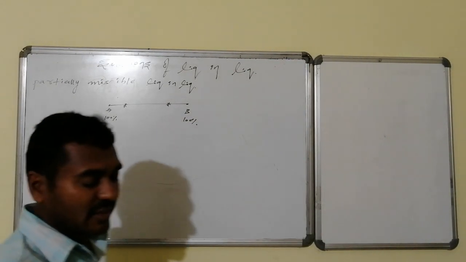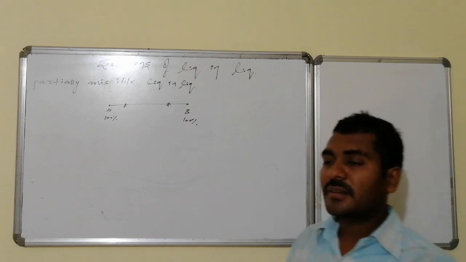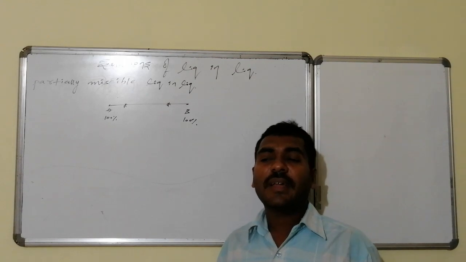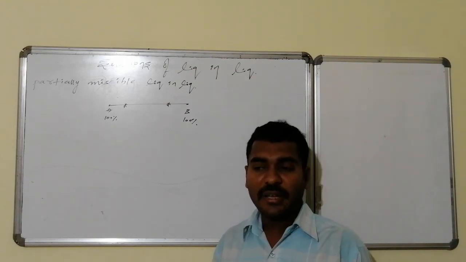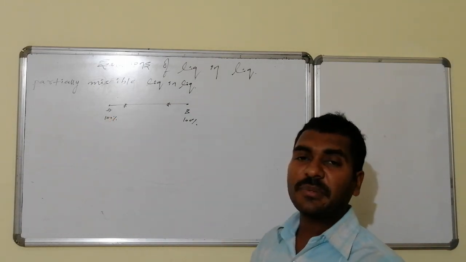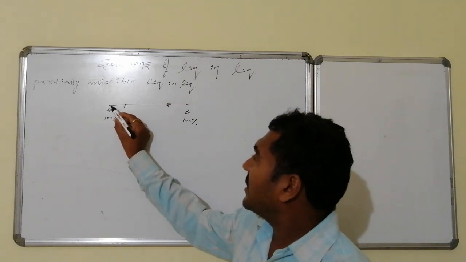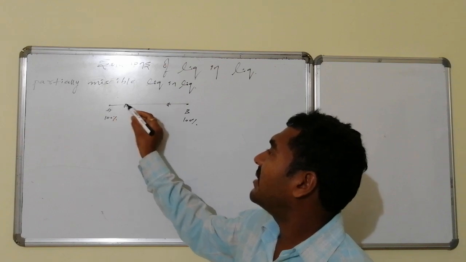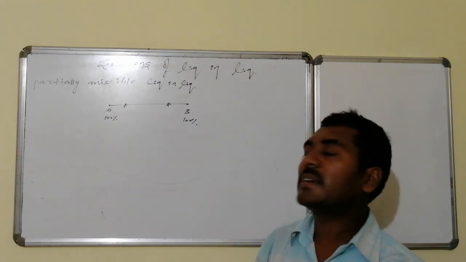Partially miscible liquid in liquid stands for liquids where, to a certain extent, one liquid is soluble in the other, whereas as the concentration of one of the components increases, it behaves as two different substances. See, here A is present up to 100%, B is present up to 100%, and from here to here, as B concentration increases up to here, it behaves as a homogeneous mixture, completely miscible liquids.